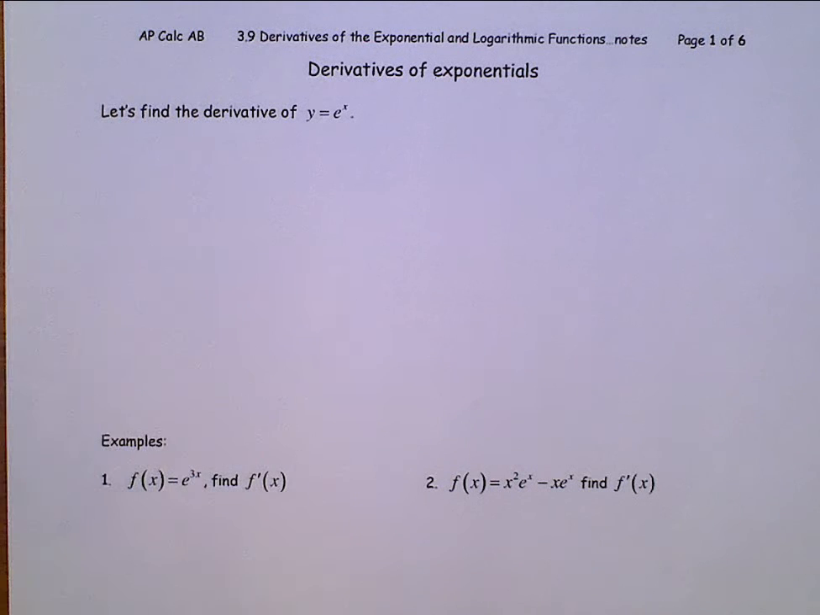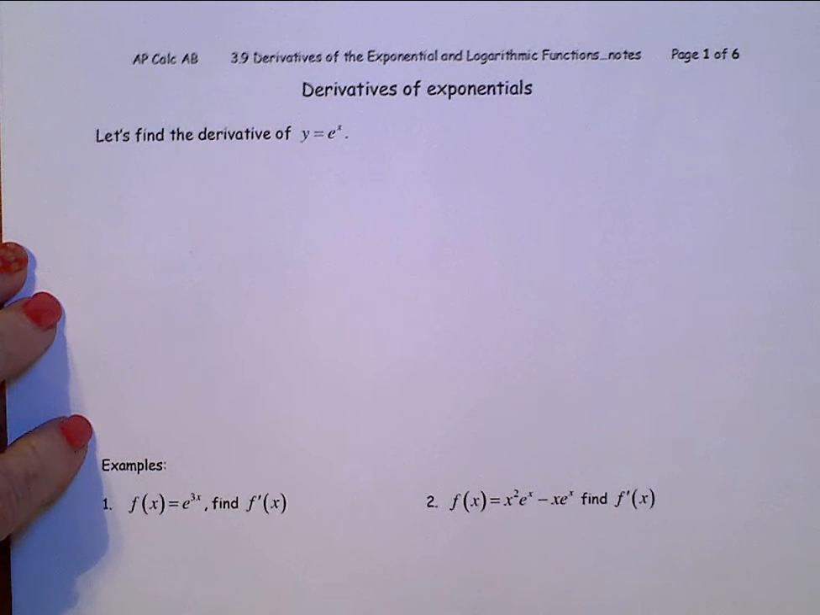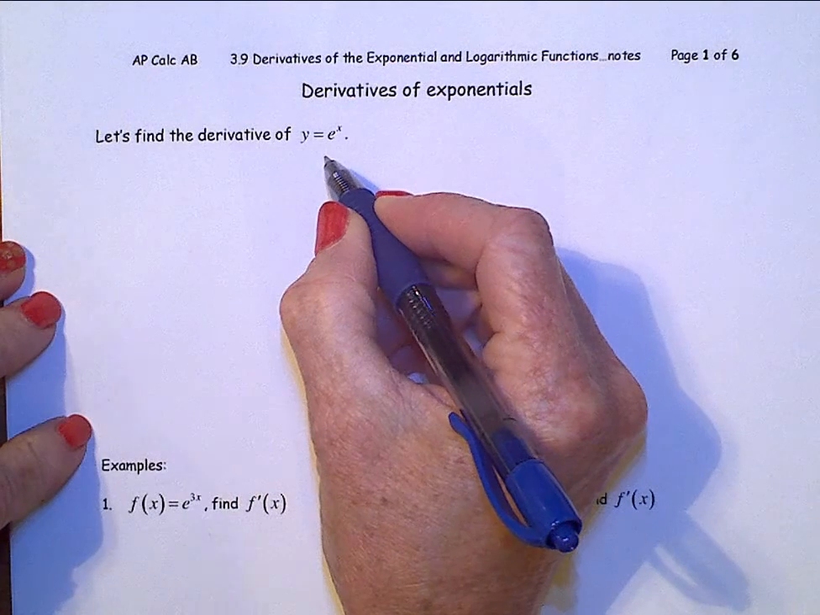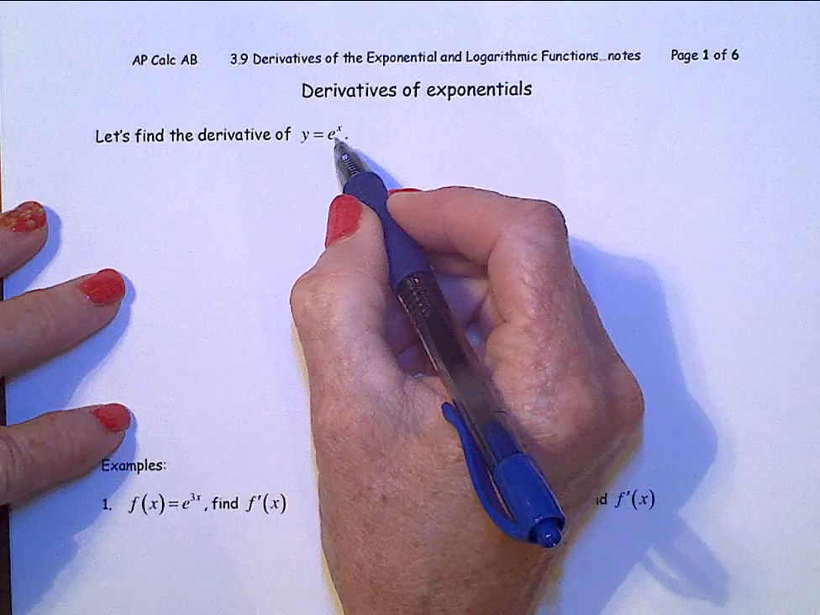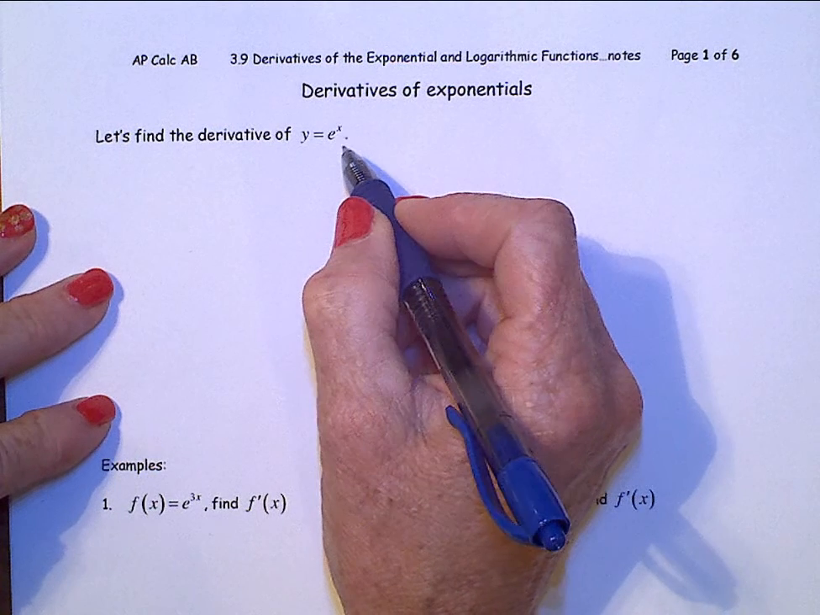AP Calculus, Section 3.9, Derivatives of the Exponential Functions, page 1. We're starting here wanting to find the derivative of e to the x. We don't know the derivative of e to the x. I can't rearrange this. That would introduce logs, so we're going to have to start with the limit definition of